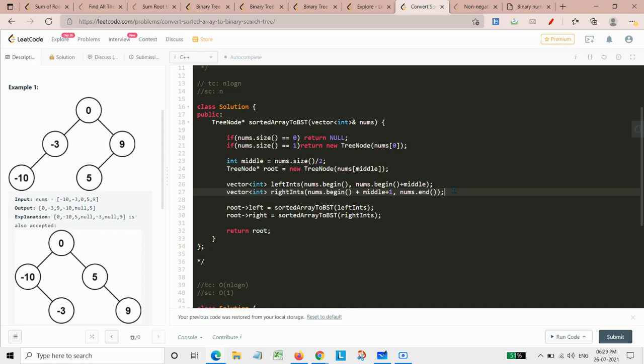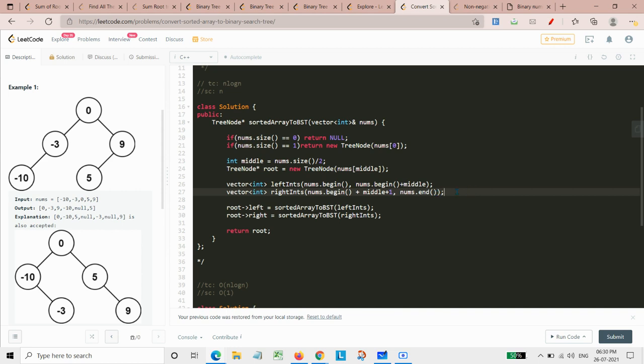So this is how my left subtree and right subtree would be created. Here the syntax is simply like as I have created this vector and from that original array, from the beginning of this original array to the middle of that original array, I'm storing everything in the left int vector, and for this right int vector from the starting of that particular array plus middle plus 1, basically whatever would be at the middle, I need to simply start from just the next element from that.